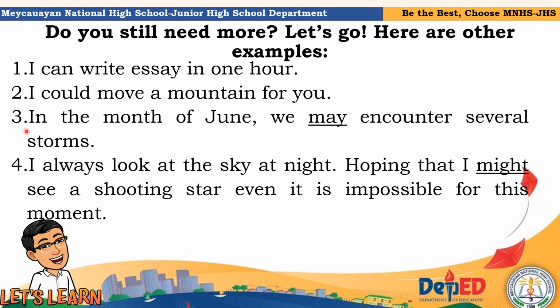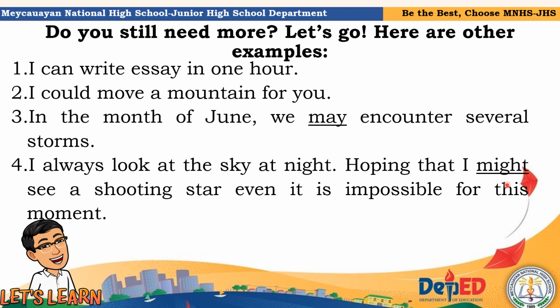Number 3, in the month of June, we may encounter several storms. In the Philippine context, the start of storms is in the month of June. So we use may because it portrays a greater possibility that we encounter several storms in the month of June. Number 4, I always look at the sky at night,